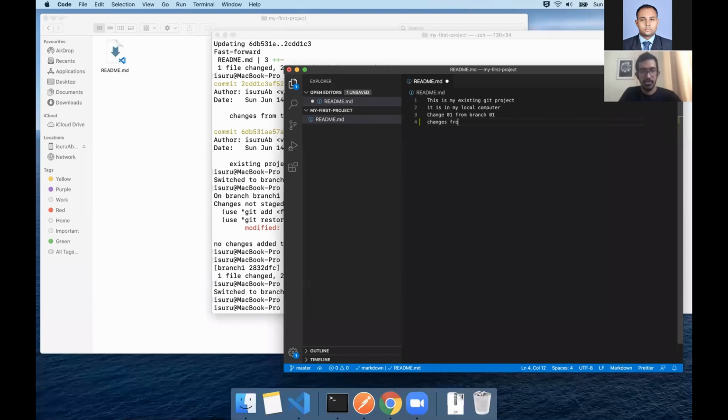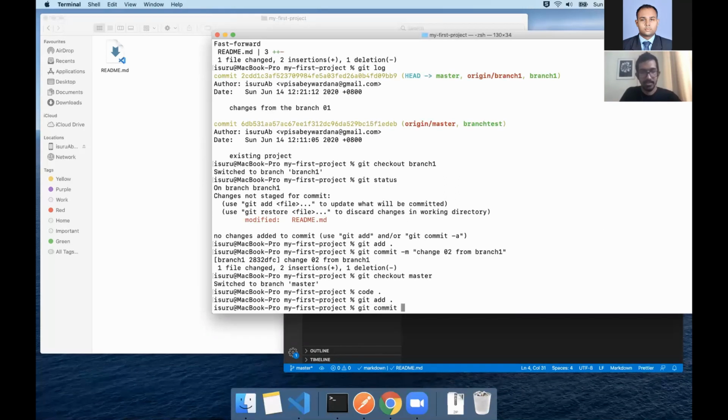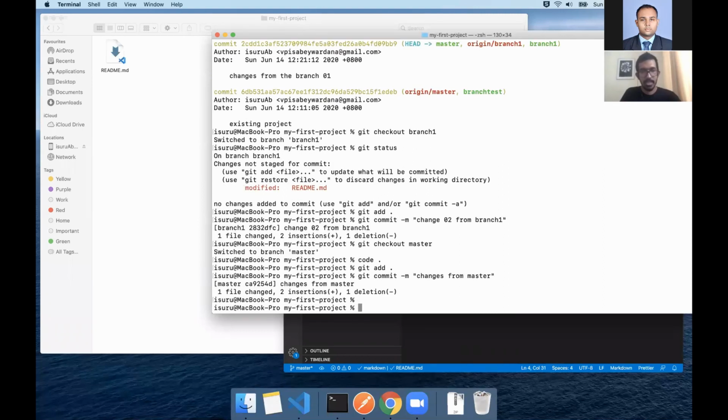Changes from the master branch. Okay, I save it and I git add it and I git commit it. Changes from master. Okay,